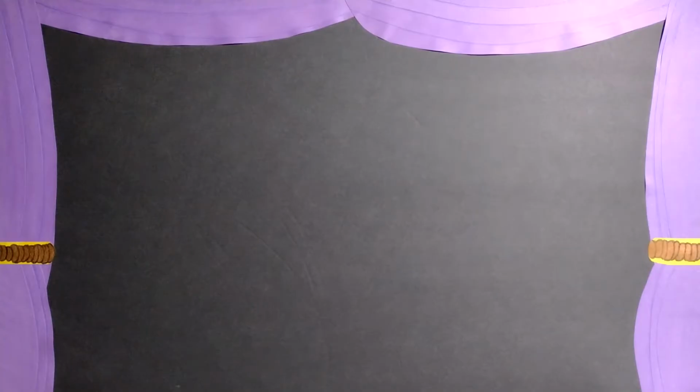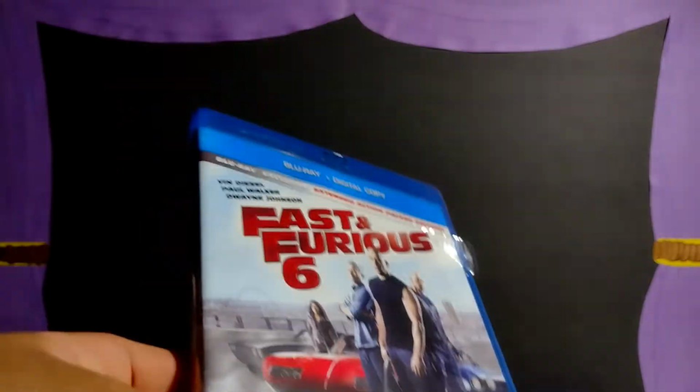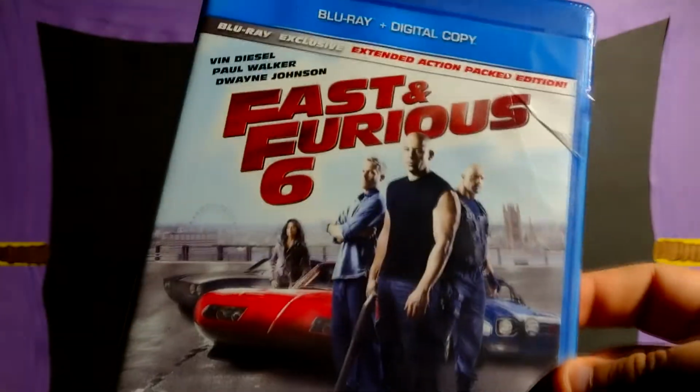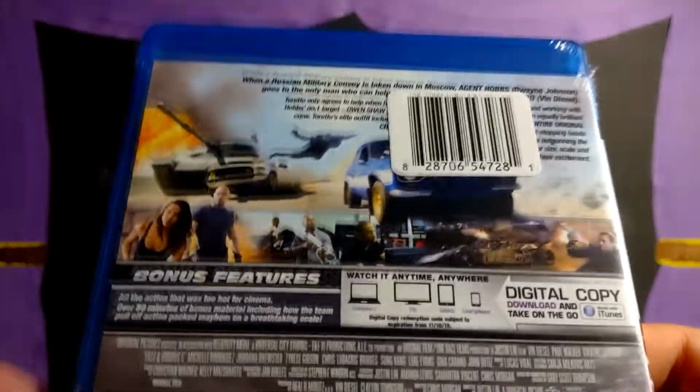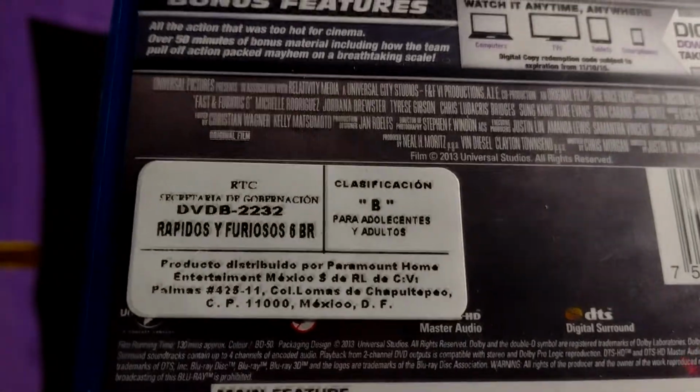Alright, the next two are big budgeted movies that I'm pairing with each other, but we'll get into why afterwards. Fast and Furious 6, which I found this really weird looking Blu-ray and digital copy. This almost looks like something you would have seen at Blockbuster or Hollywood Video if anyone went to those back in the day. But yeah, this just seems to be like a normal release of Fast and Furious 6, but then you see this weird banner that's entirely in Spanish, which is going to lead me into my next one,